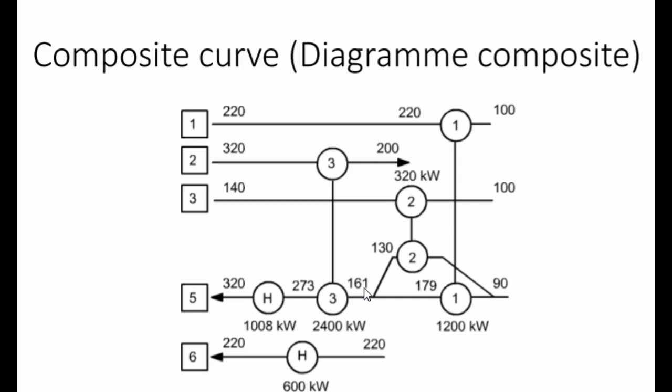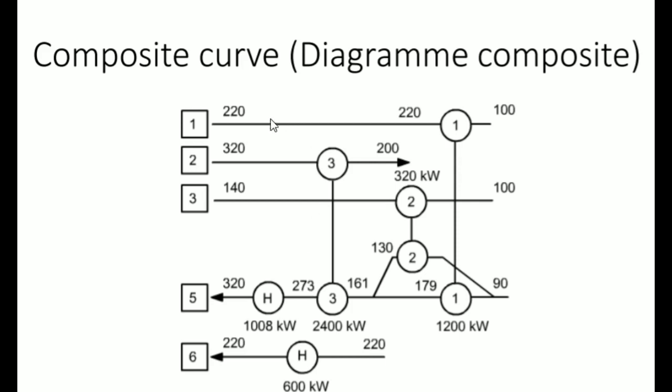We are at 161, and we have a fluid that wants to go to 200 and one that wants to go to 220. So what we will do is we will try to pair this one with the lowest, so 200 or 220. So we pick the stream 2. So now we pair it, and it turns out that this does not furnish enough energy to heat this and put it only at 273 and not at 320.